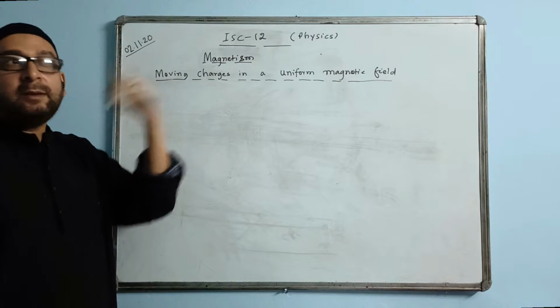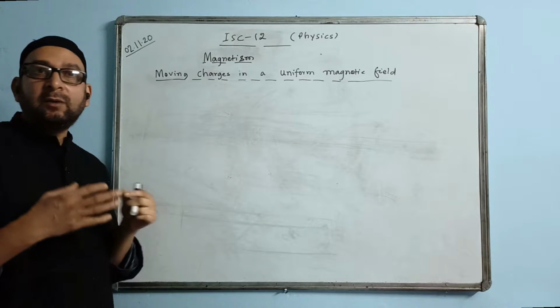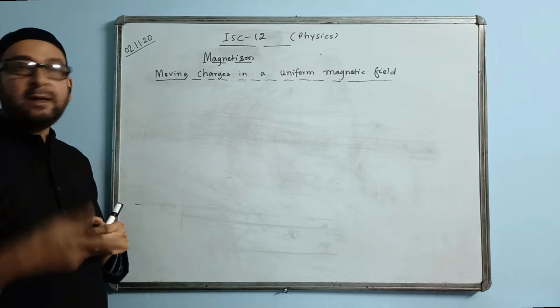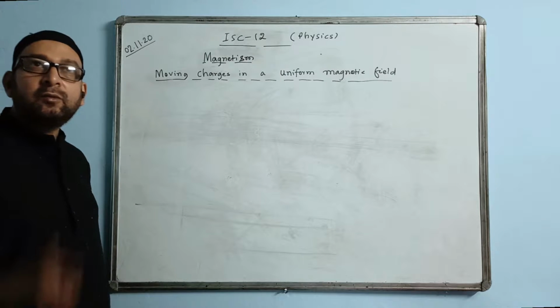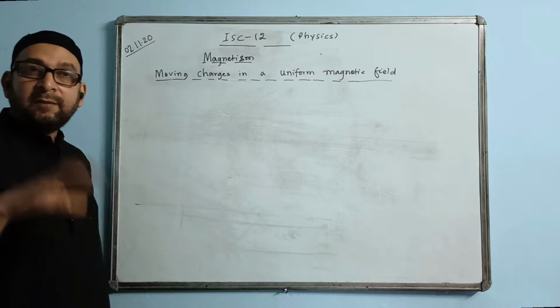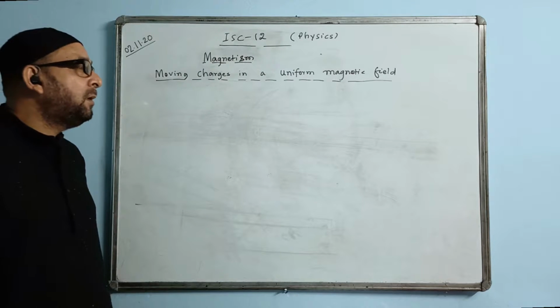So about that I will be talking again in Section C, when I will teach you about nuclear reaction, nuclear fission and nuclear fusion. There again I will be talking about the cyclotron. So having a little bit of idea about the cyclotron was there last year. Now this year they have removed it. The derivation part they have removed. So that part you don't have to remember.